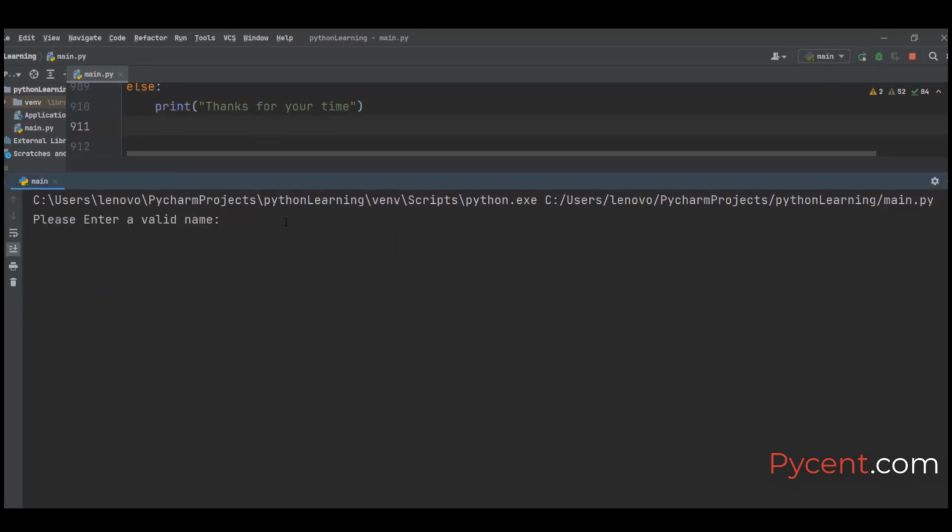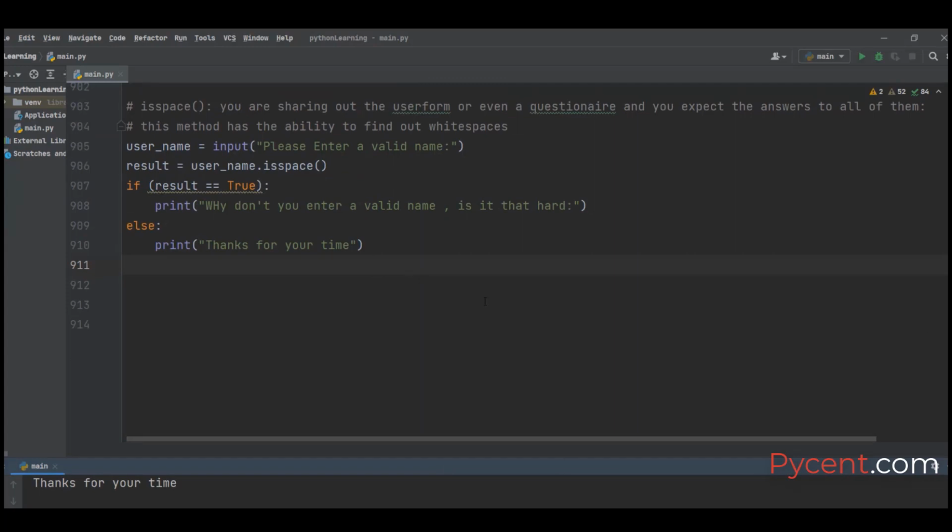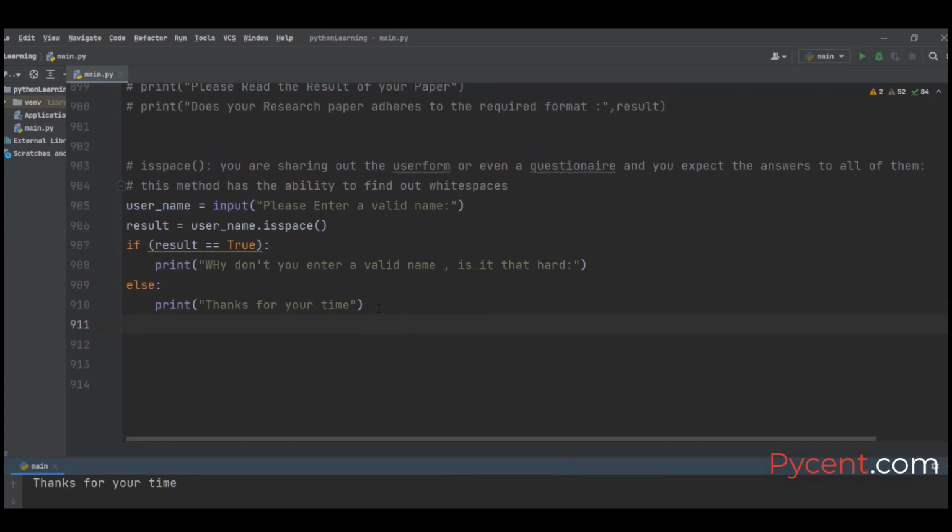So let me run it one more time. And then this time I'm going to say Jasmine. Thanks for your time. You see that? This is a lovely code. So having given you this space, it's time for us to move on